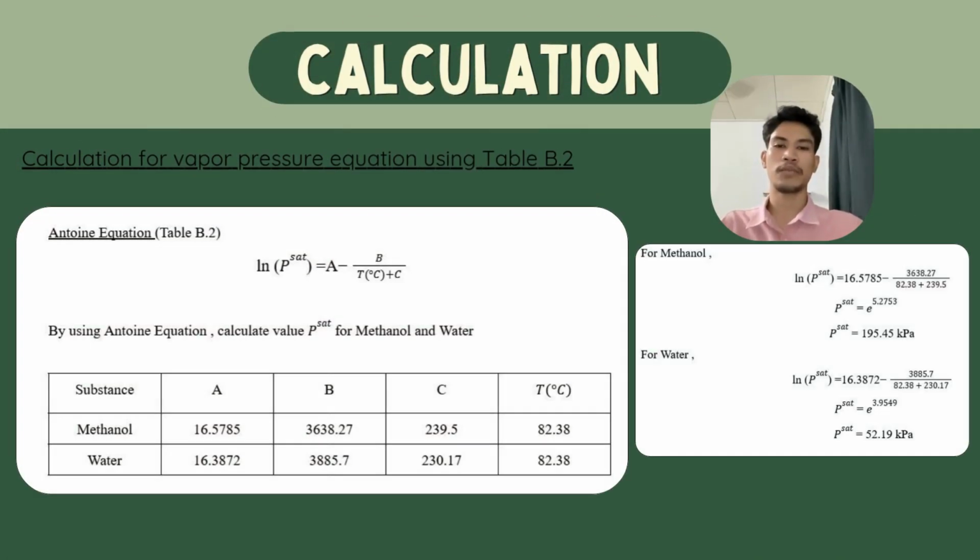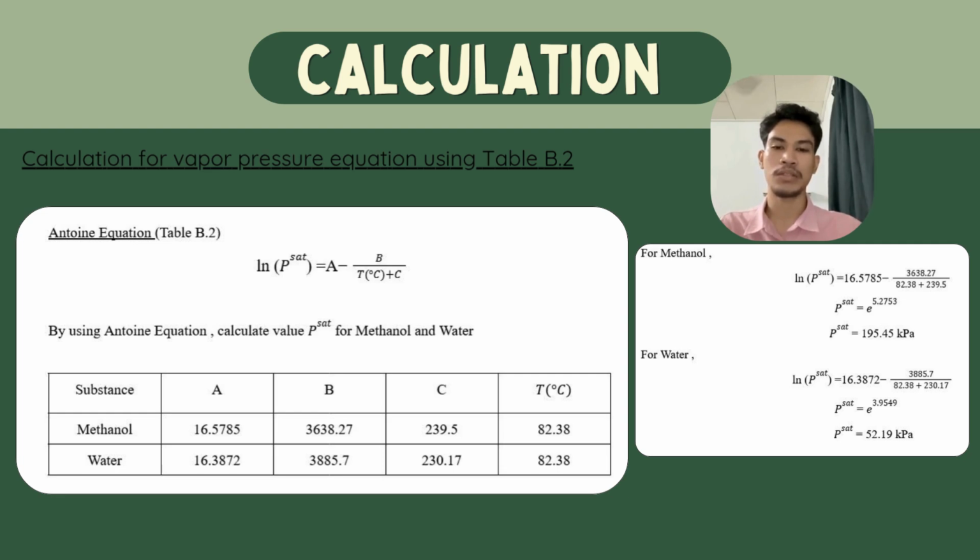So the first step for the calculation, we need to calculate the vapor pressure using the Antoine equation. We can refer to table B.2. For the substances methanol and water, we can get values A, B and C. For methanol, we have A is 60.5785, B is 3638.27 and C is 239.5. And for water, A is